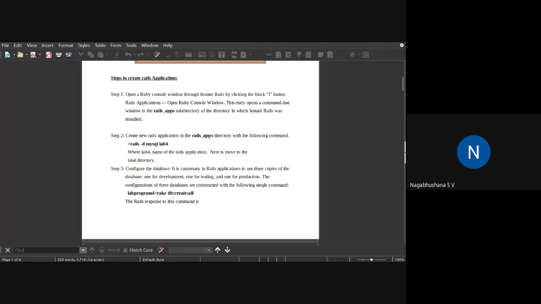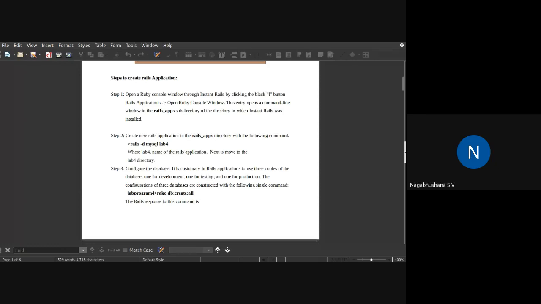In this case, lab4 is the name of the application. Rails is a command, and -d means that I want to set the MySQL database for this application. That is the first thing.